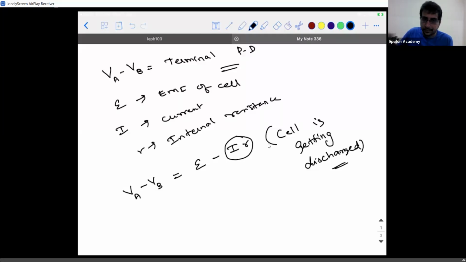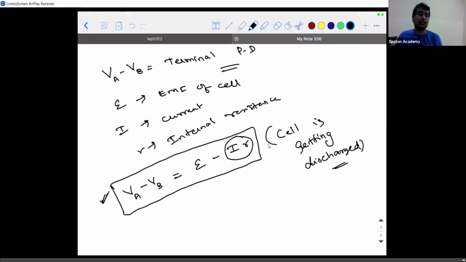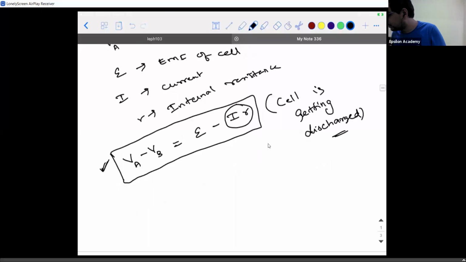Clear, guys? Yes, sir. So remember this formula, this I derived it using the logic. In the future, I will derive it using a law. Okay? Now, we will proceed to, just a minute. Now we will proceed to the next important topic that is called